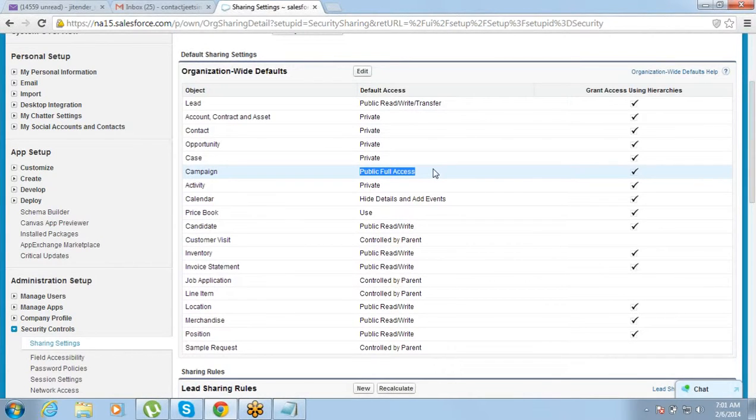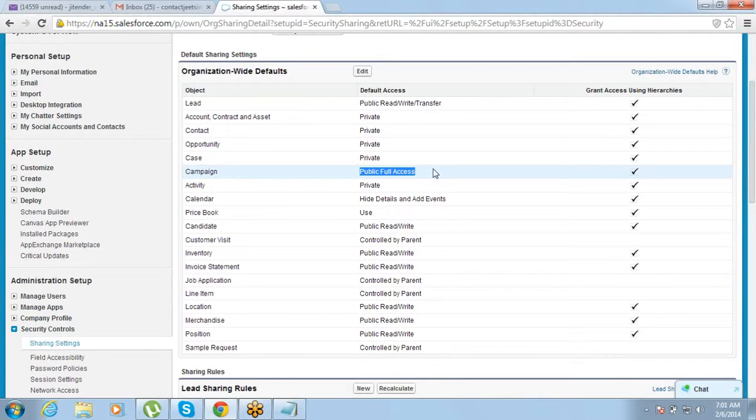As Dharam was asking about an example, let's talk about the same scenario. We three of us work in the same sales team. Dharam, you have 50 opportunities which you own, for which you are the opportunity owner.